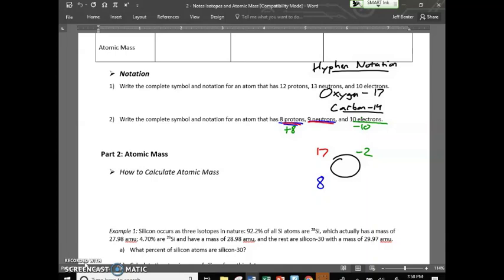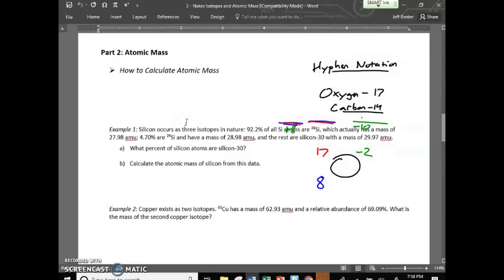If you notice there's no space for a charge. When you're dealing with radioactivity, you usually don't care too much about the charge, you just care about the number of neutrons, because that determines how stable your nucleus is. Right? So that's notation, pretty simple. Let's go on then and